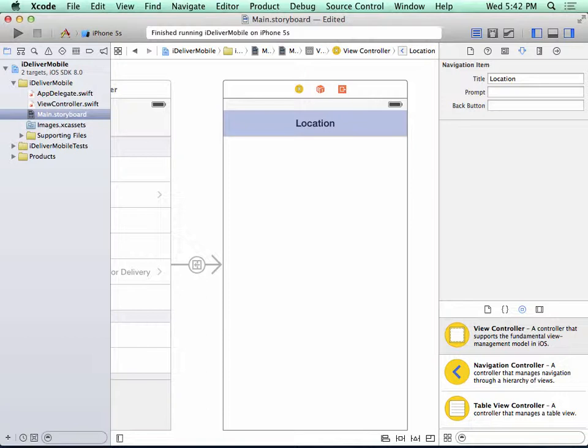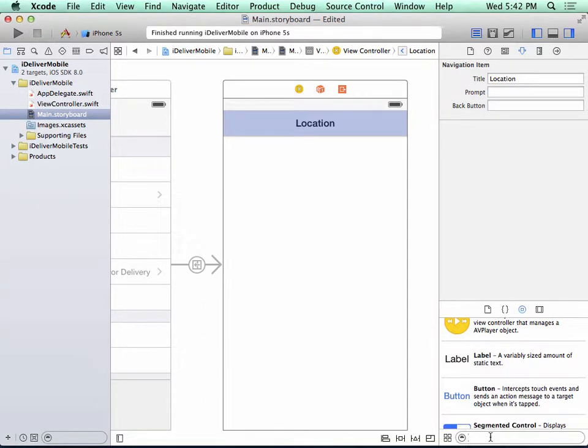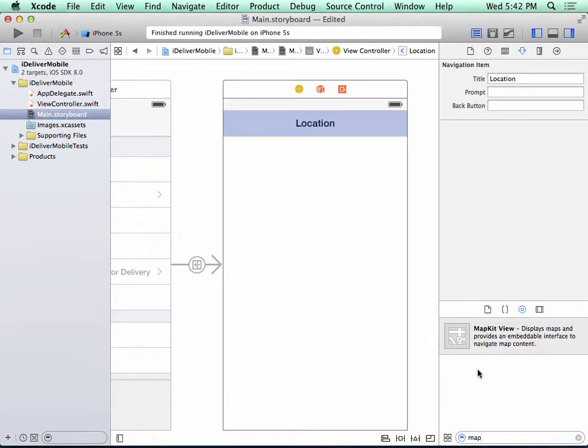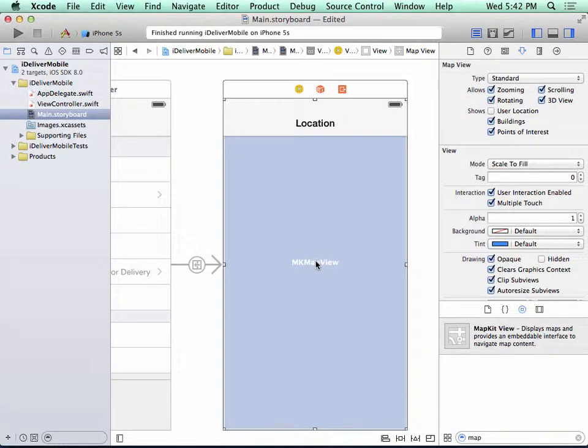And now I'll add a map view control to the location scene. So I can either scroll down in the library to find it, or I can even type the word map, and it will show me all the controls that have the word map in it. And as it so happens, there's only one. So I click here, I'm going to drag over there, and I'm going to wait until I can see both my vertical and horizontal guidelines appear, and then I release my mouse. So this causes the map view to fill all the available space in the view,